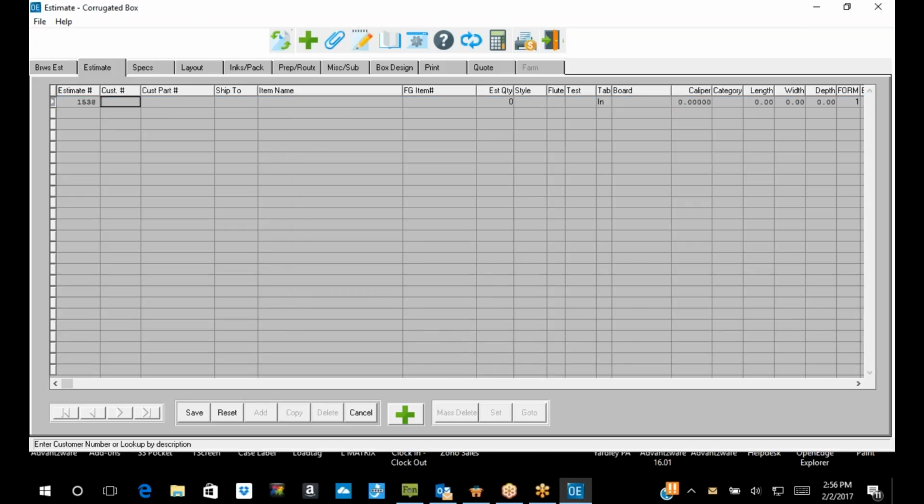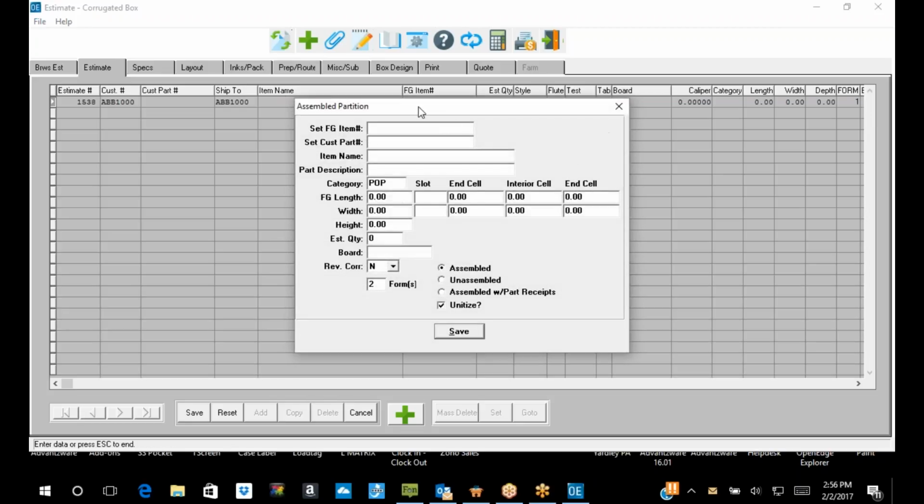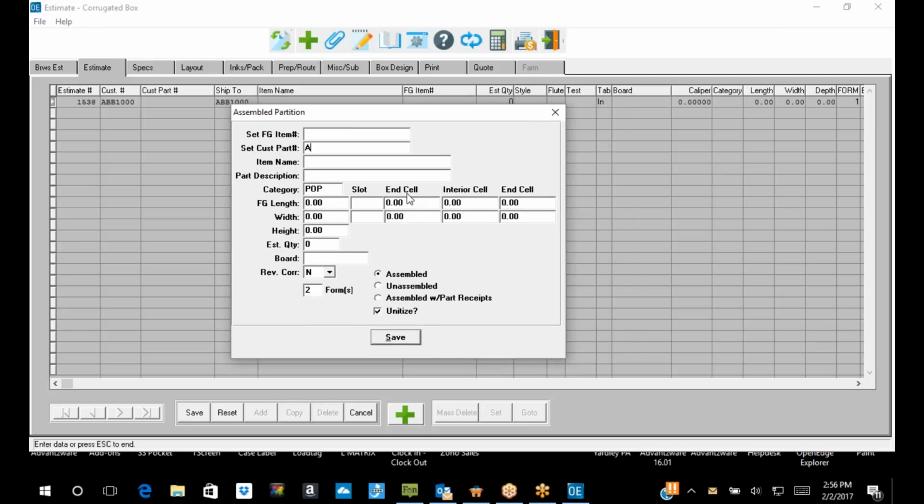Let's say I want to do an assembled partition. I will say, okay, it's for Abbott Laboratories. And it immediately goes to this screen. So I can actually say it's assembled, actually the part number I'll say assembled partition, and I'll just call it, what do I call it here? I'm going to call it a 12 by 9 by 5 because that's what I'm making. And I'll just say this is assembled partition,